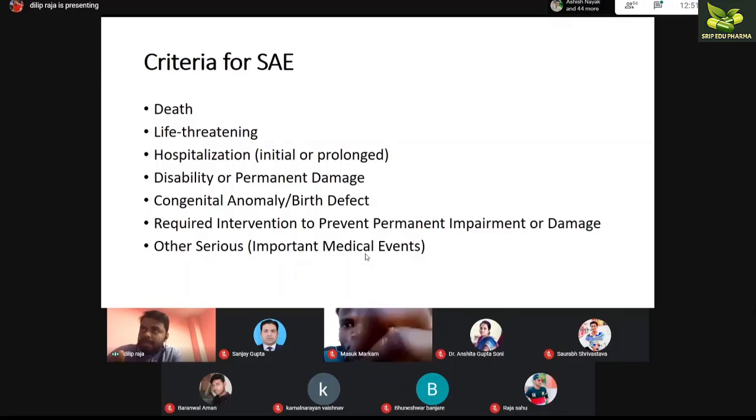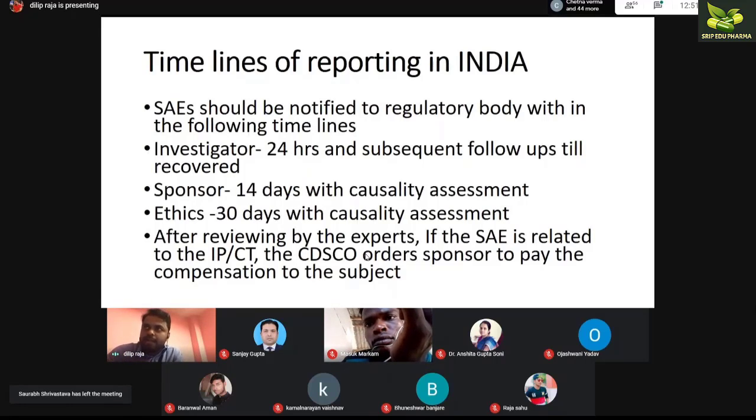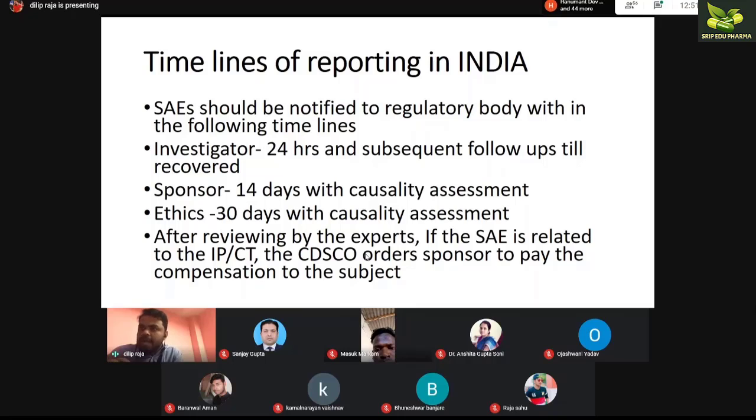You have to understand that whenever a serious adverse event happens in the trial to the subject, it will be reported to the regulatory authority immediately by the sponsor, by the investigator, and by the ethics committee also, right? I will tell you the timelines of reporting of SAEs, and you also should understand that AEs need not be reported to the regulatory authority. For example, a small inflammation at the injection site. Whenever you have a vaccination done, you will have a small inflammation or small erythema at the site of injection. It will subside within 1 or 2 hours. It will not be reported to the